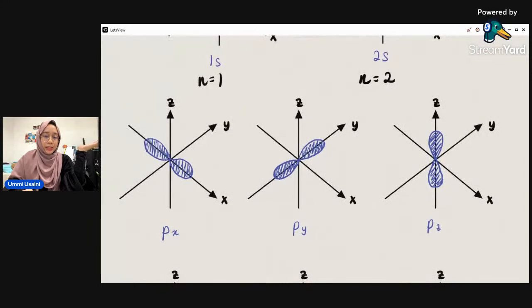So p orbital kat sini Miss tak fixkan lah the energy level. Okay, Miss nampak juga dia ada apa ni, Miss tak fixkan energy level. Miss just tengok,